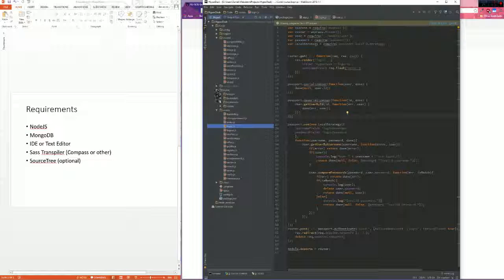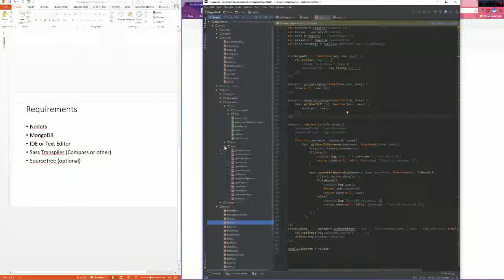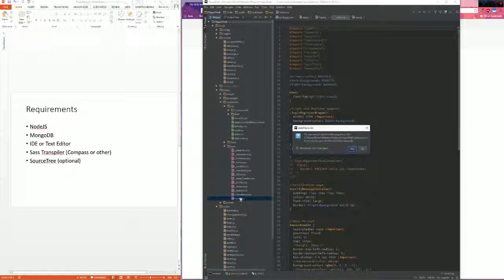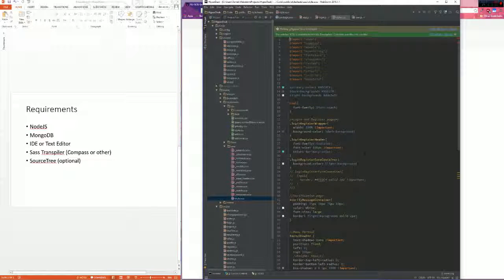So that's going to be here in our style sheets. So CSS, and then we have Sass. What Sass is, it's basically an extension of CSS. It's a lot better than CSS because you can do things that you can't do through CSS, like create functions or import things like this. So, for example, here I'm saying